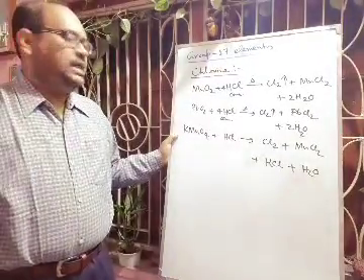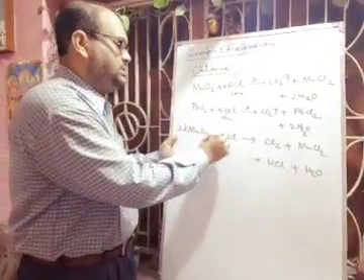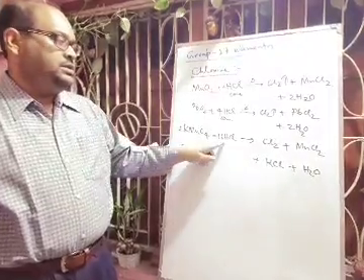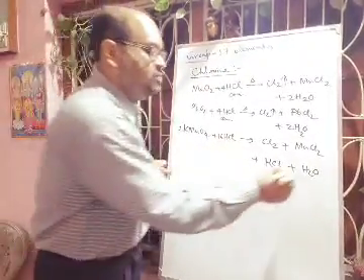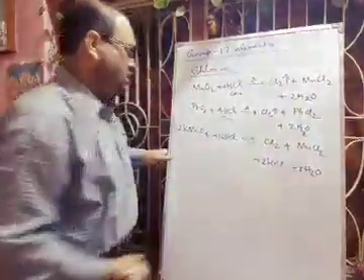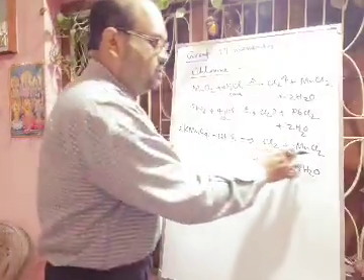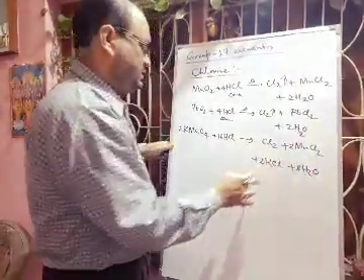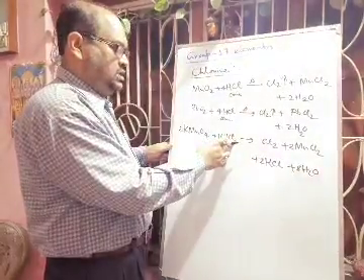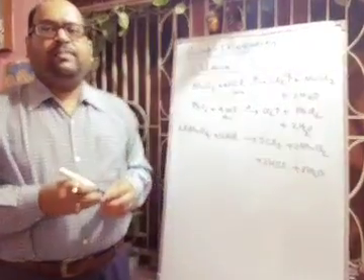Balancing this equation, you have to remember that here we have to put 2 and here 16, otherwise it will take too much time. Now here 16 hydrogen, here you put 8, and potassium here you have to put 2, and manganese you have to put 2, and now total number of chlorine you have taken 4 plus 2, 6, and here it is 16. So here will be 5Cl2. So this is your balanced equation.